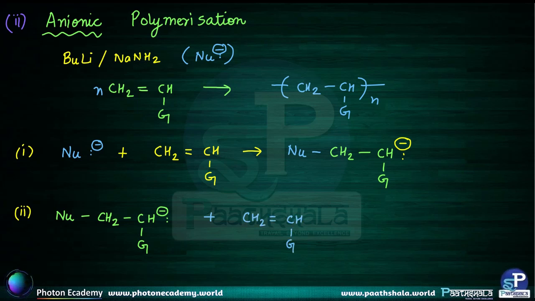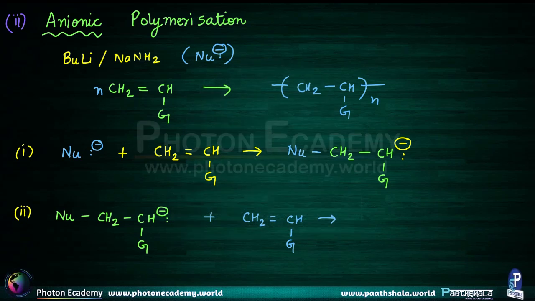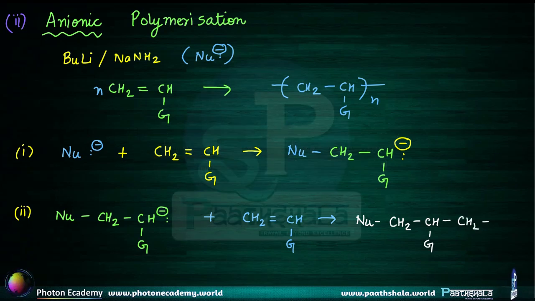Since the chain is growing, this comes under chain growth polymerization. And here we can see that we have the group, and now the negative charge or the lone pair will shift to the last